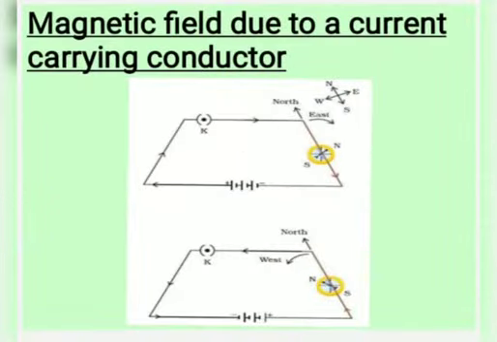In this module, our first topic is magnetic field due to a current carrying conductor. Students, look at that figure. We will discuss this topic with an activity. Observe the circuit diagram. In our first circuit, the current flows from the positive to the negative terminal, that is, in the north to south direction. The magnetic needle is deflected towards the east, as you can see in the figure.